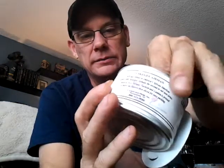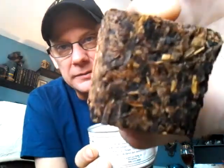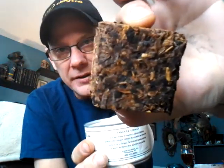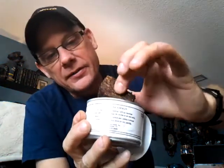At any rate, it comes in like a block. I don't know if you can see it. It's like a brownie in there, almost like a fudge brownie. You can see all the different dark Latakia and Perique in there with the Virginia, and you can see all the different tobaccos in there, but it's lightly pressed, and really you just pick a piece off and